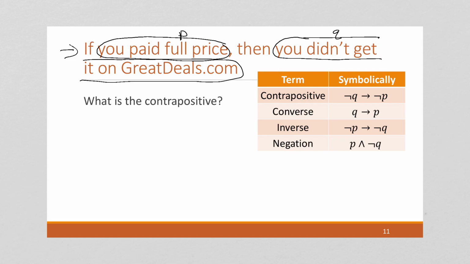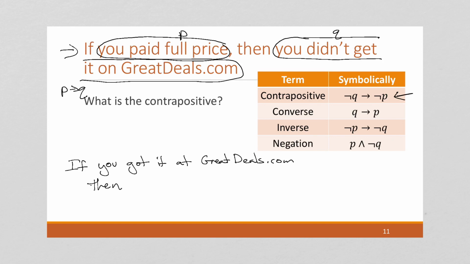So let's look at the contrapositive. Remember, right now we have P implies Q, and the contrapositive is not Q implies not P. So Q is the second part. You didn't get it on greatdeals.com. So I'm going to take the opposite of that, which is if you got it at greatdeals.com,